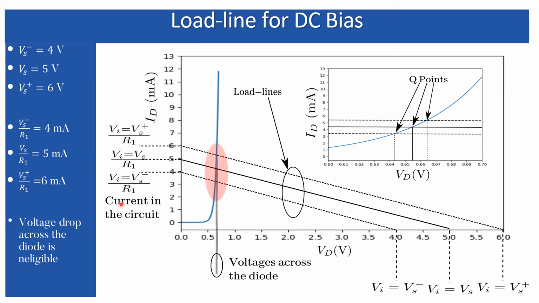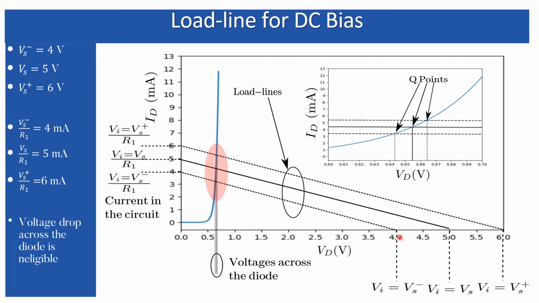Now if we vary this input voltage, that means if we vary the DC input voltage manually starting from 4 volt to 6 volt and 6 volt to 4 volt and again 4 volt to 6 volt, in such a way the current values also will vary. That means from 4 milliampere to 6 milliampere, 6 milliampere to 4 milliampere. So in this way both the voltage and the current will vary back and forth, and that will cause the load lines to vary accordingly.